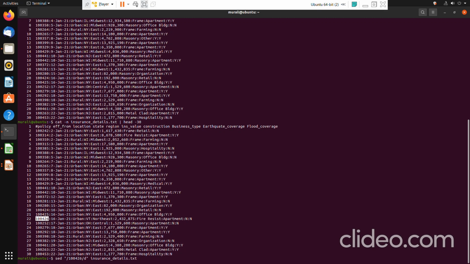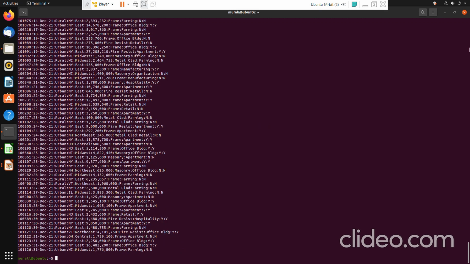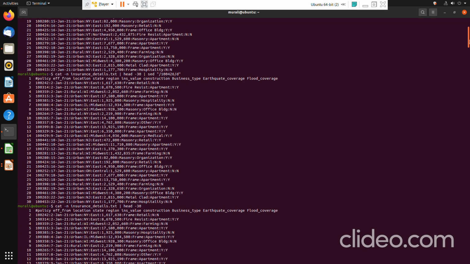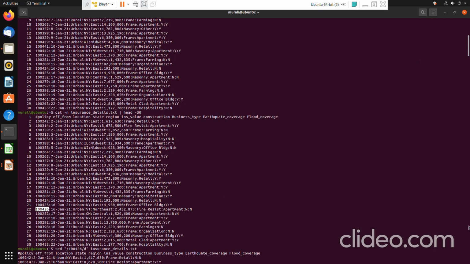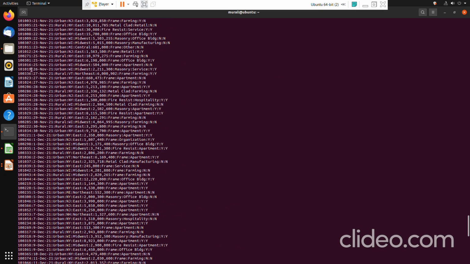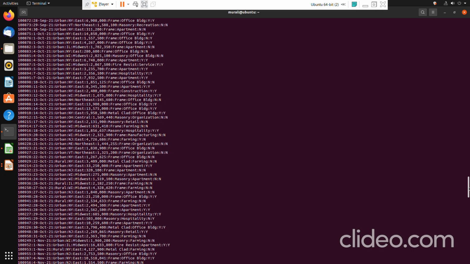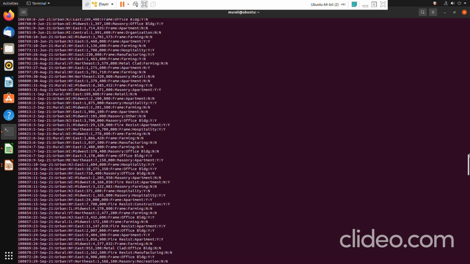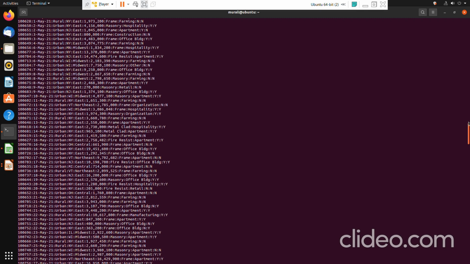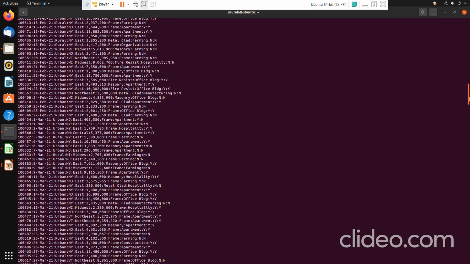So I am trying to remove the record with the insurance ID 100426 from the file. It displays all the lines, but the line containing the pattern 100426 would not be there in this output. Look at this. Let us just go up and check it.